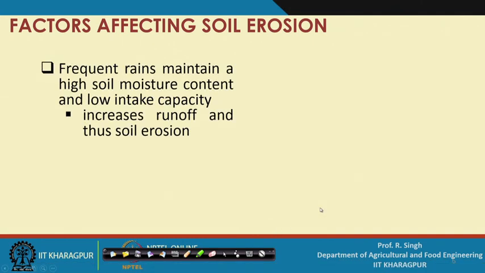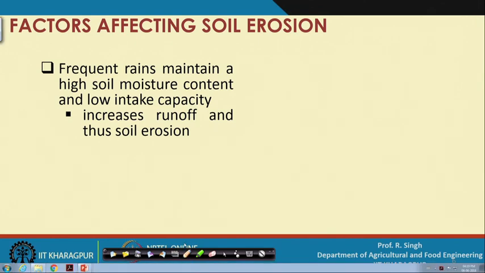Now, continuing with the rainfall, frequent rains maintain a high soil moisture content and low intake capacity, which increases runoff and thus soil erosion. Just now we discussed the frequency. So, obviously, the same thing is here. If the frequent rainfalls occur, then obviously the soil moisture content will be at a very high capacity, and that